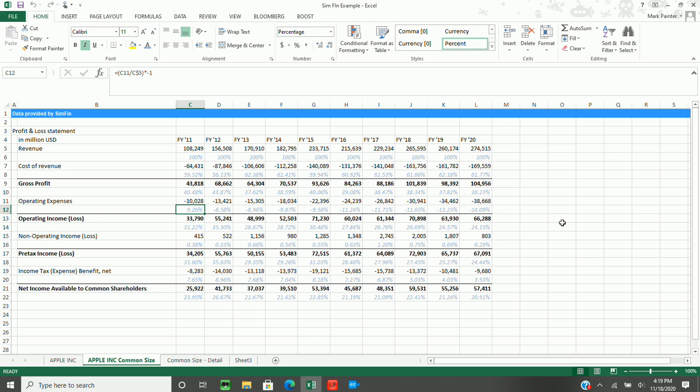If you go through here, that operating expense back in 2011 was around 9%. And while the numbers in cost of revenue and profit margin have been relatively stable, you can see that operating expense has trended up from 9%